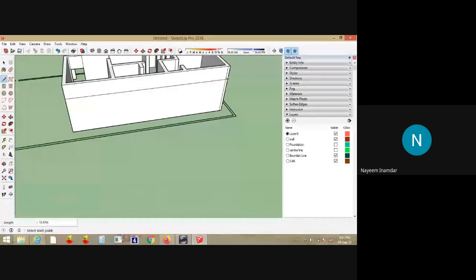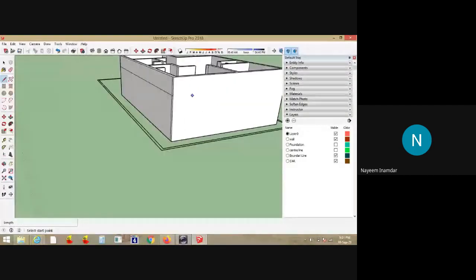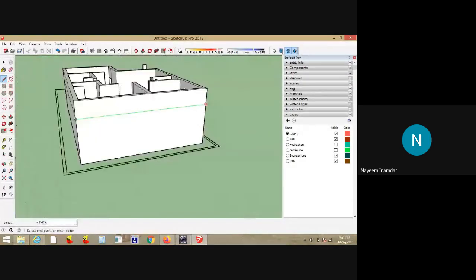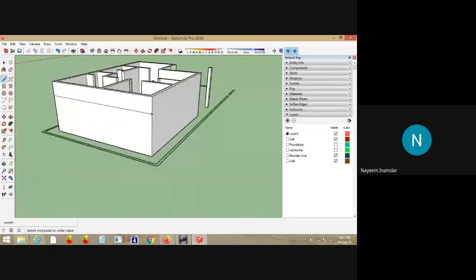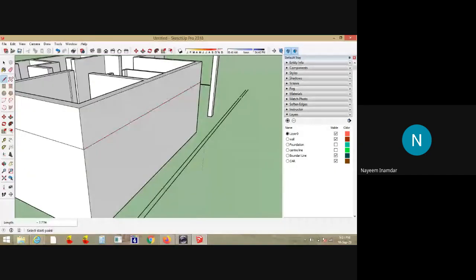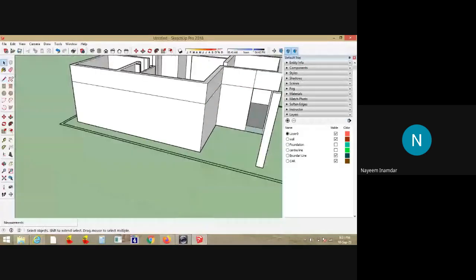You know the position of windows in your plan, or you can refer to the AutoCAD drawing you have already made. Just by those dimensions you can have the windows. This is how you can make the windows and all.